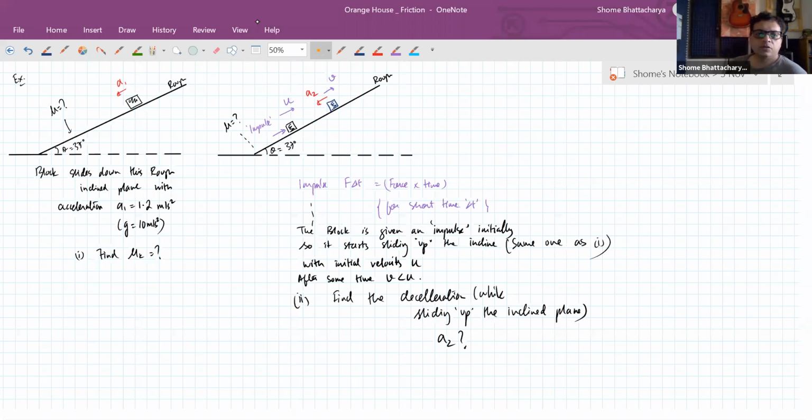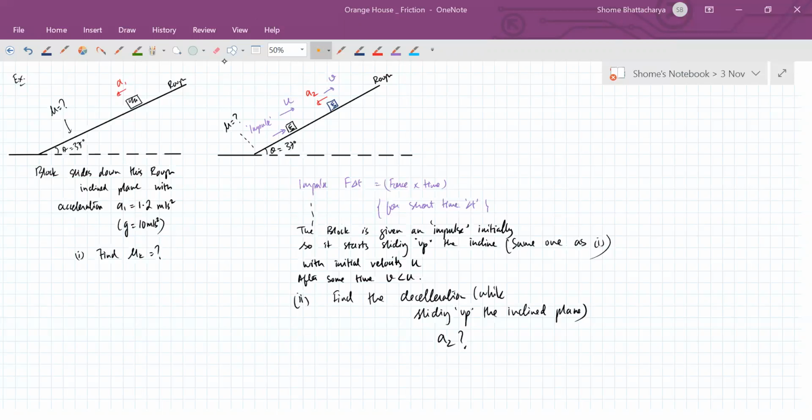Okay, so this is another important question, and the concept we learn through this question is very important for you to remember also. So just work this out quickly. Try to think in terms of free body diagram, how the different forces, including kinetic friction, will be acting in case 1 when it is sliding down the inclined plane with acceleration versus in case 2 when it is sliding up the inclined plane with deceleration.